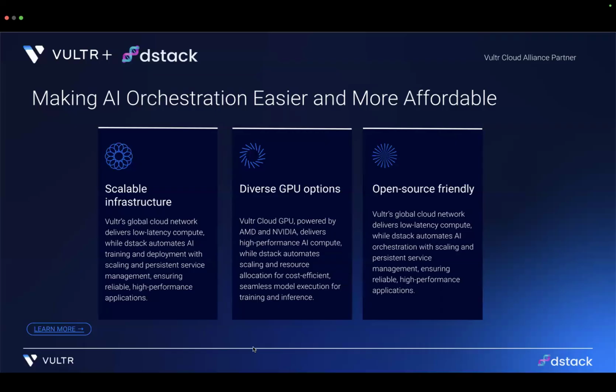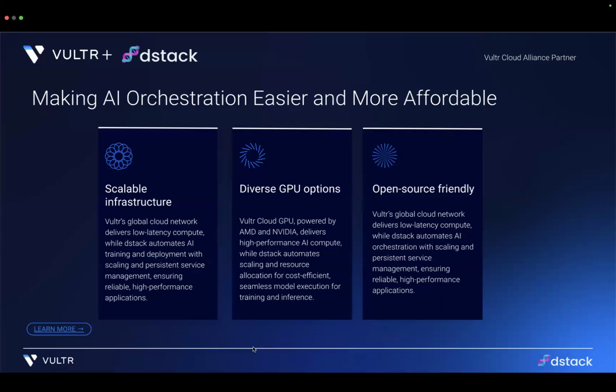But the other dimension is you've got to scale your development teams. Your development teams need to move fast. They need to get things done. They need to spin up that dev environment. They can't have lots of loose development environments that are just in a quiescent state, consuming resources when no one's actually using them. You need to be efficient about how you provision dev environments, provision them with test environments, and then help them migrate their code easily and quickly out to the production environment. So together, Vultr plus dstack build that scalable infrastructure for you to roll out new AI native applications at scale,